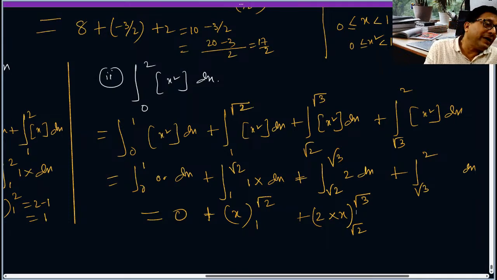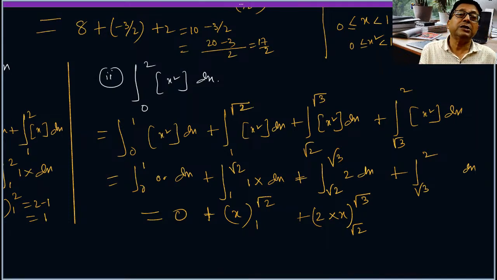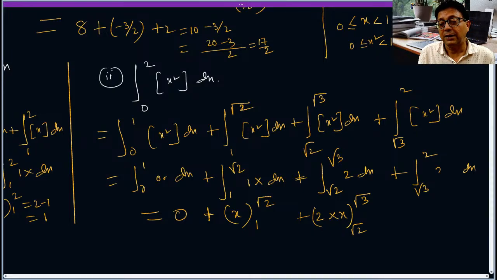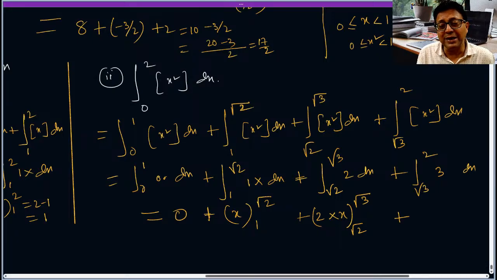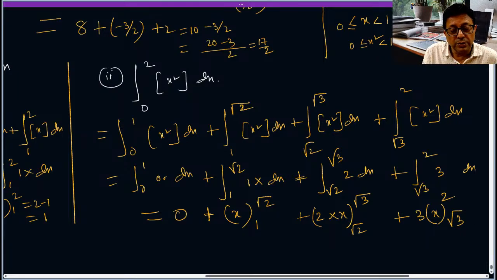Root 3 square, 3 greater than or equal to 3 and less than 4, so we'll be putting 3 dx. So plus 3, you can take 3 outside, inside, it doesn't matter. Now go on putting the values. Root 3 to 2. So this will be root 2 minus 1 plus